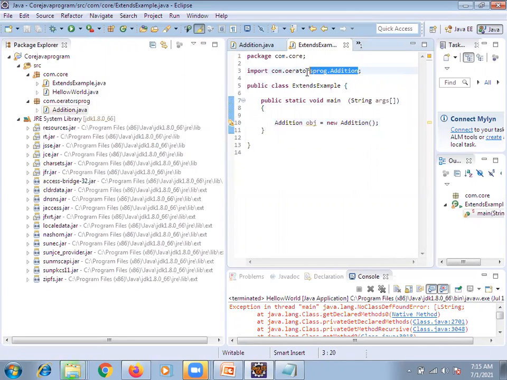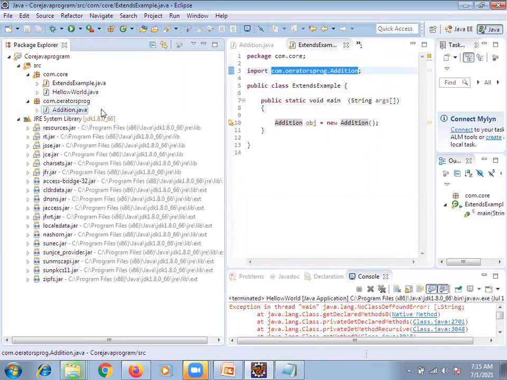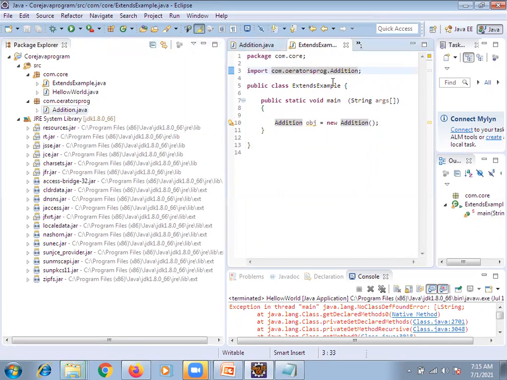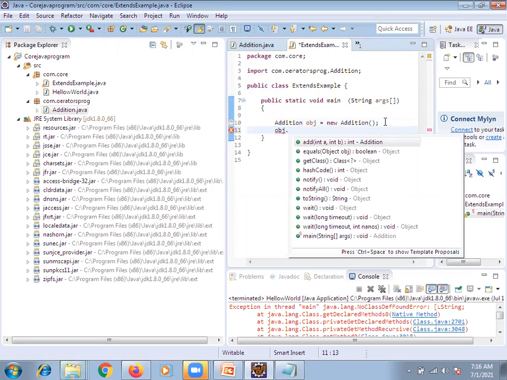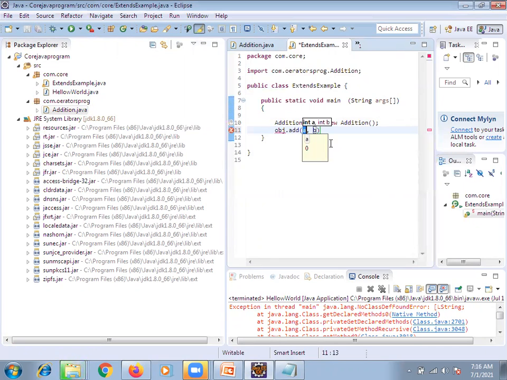You can see this is the import operation, from com dot operation dot this one. This class is contained inside this package. Now we want to use the same program in our another package, which is having extends example. Now I created the object, so those methods will be available. Now the add method is going to come here. In the same program, I am going to apply 100 and 200.